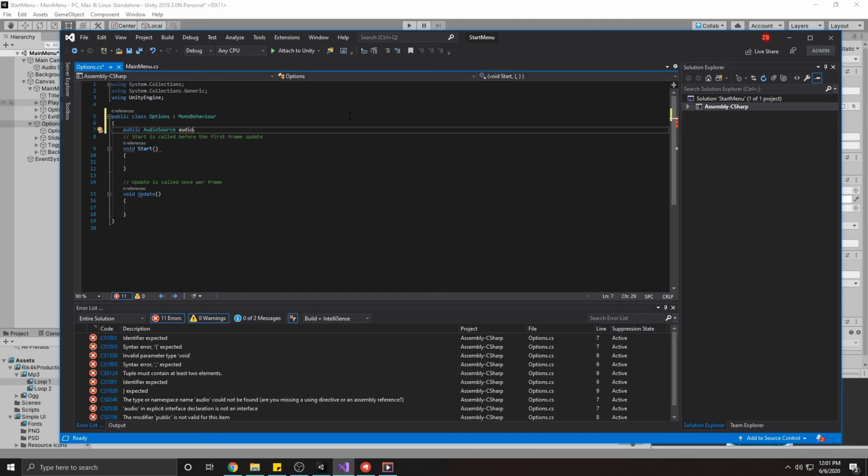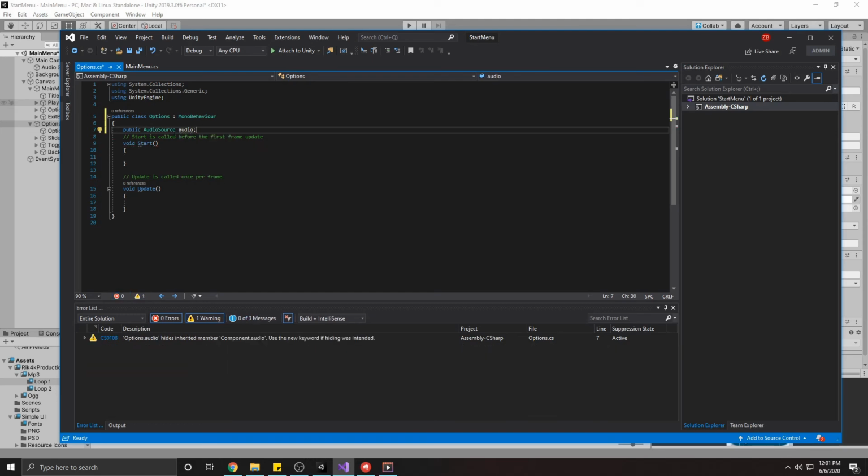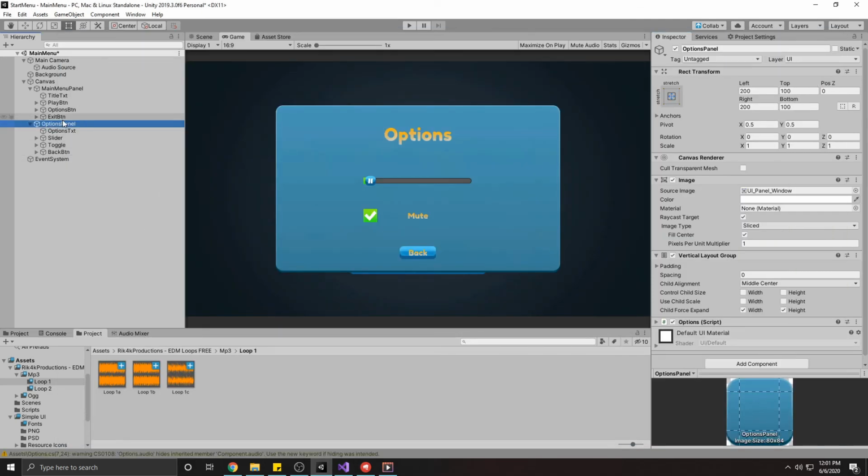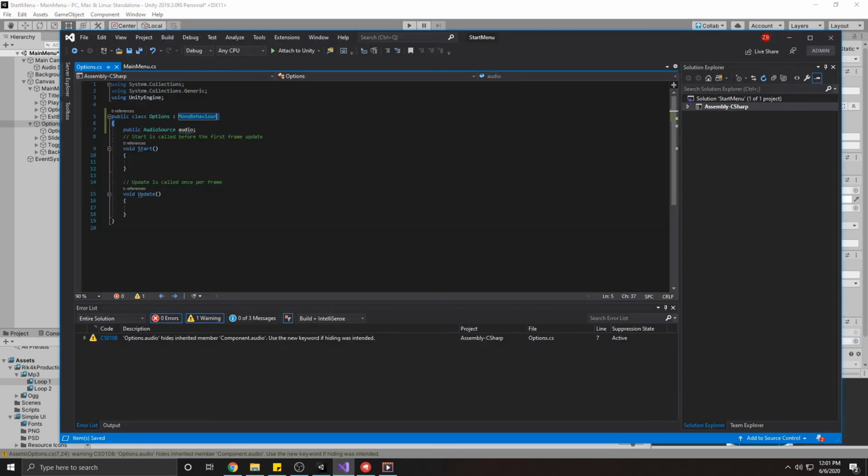Now the reason we call it public is so that we can actually set it in the inspector. So if I save this with Control S, you'll actually see in the options panel, if we expand it out, that there is now an audio source variable here that we can fill out. So we can just drag this audio source into that, and now we can access that in our script. So if we go back to editing the script,